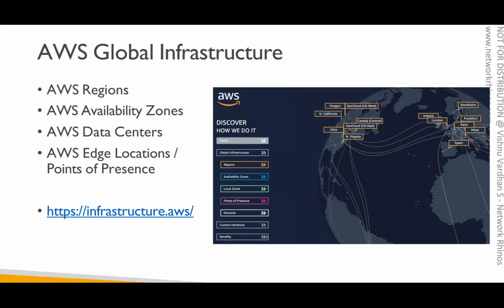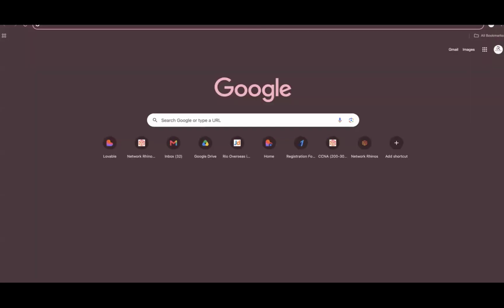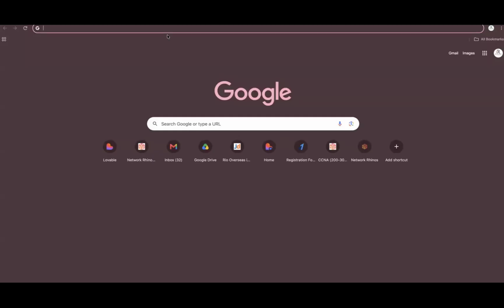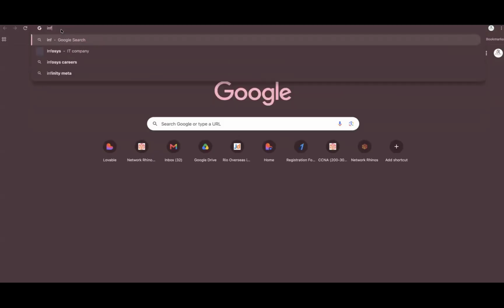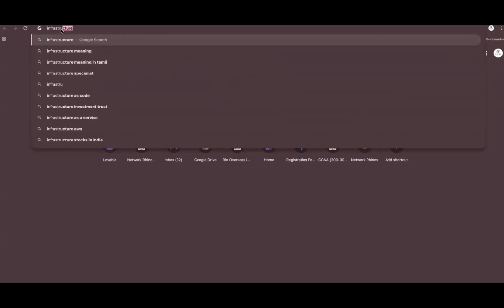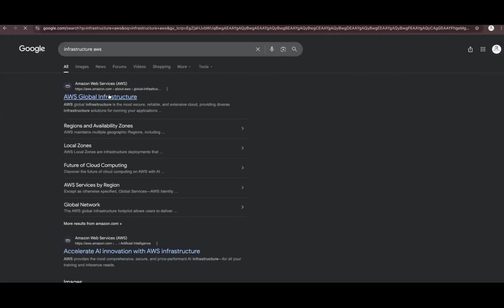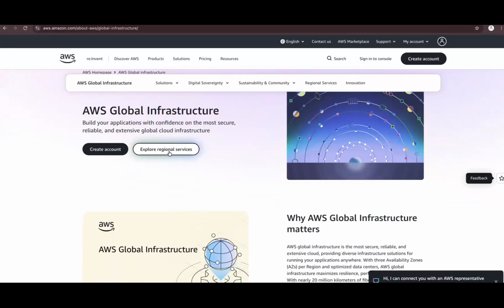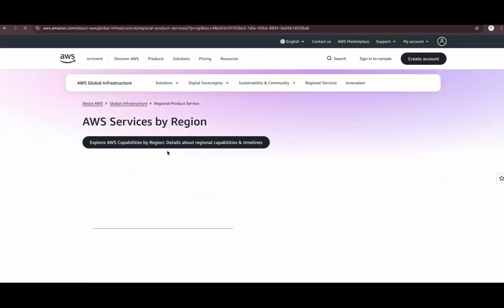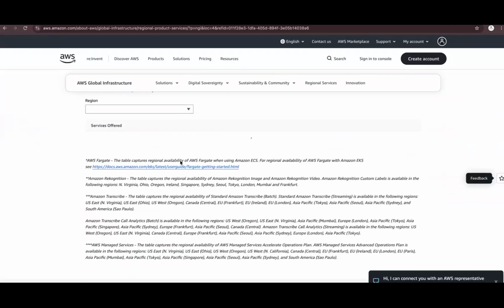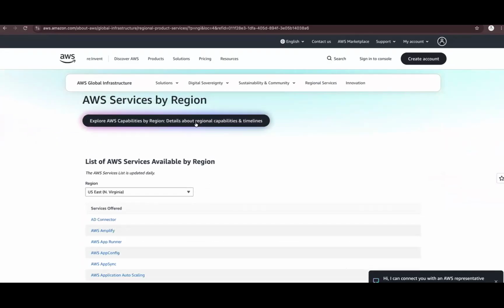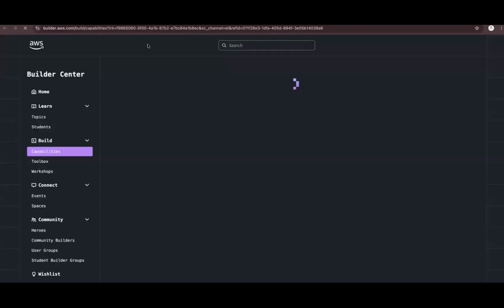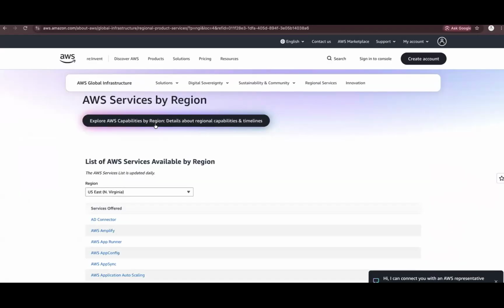I'll just go here and I'll type infrastructure AWS. Click on the first link, explore the services. Just a minute. Okay, great.